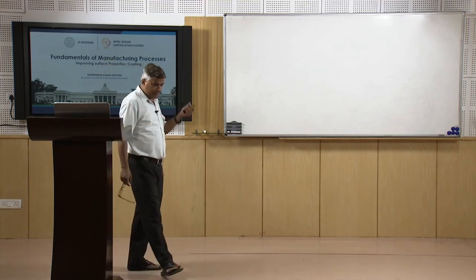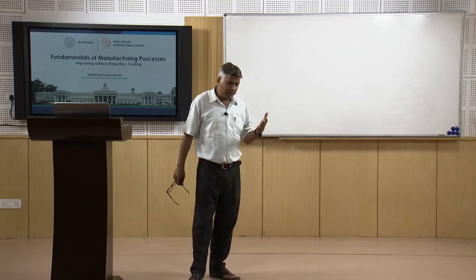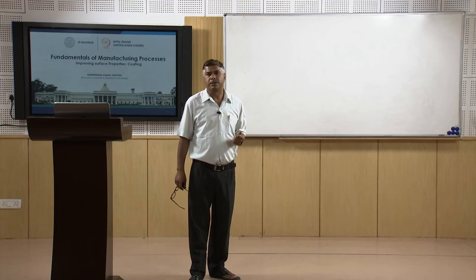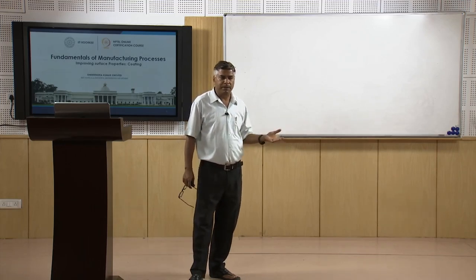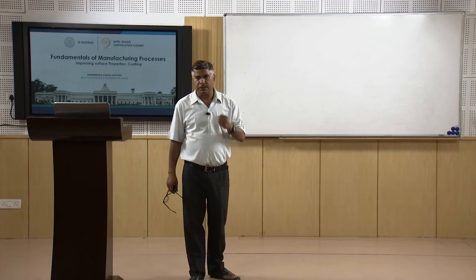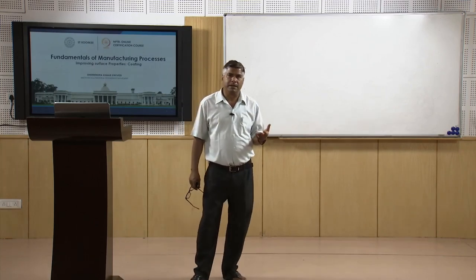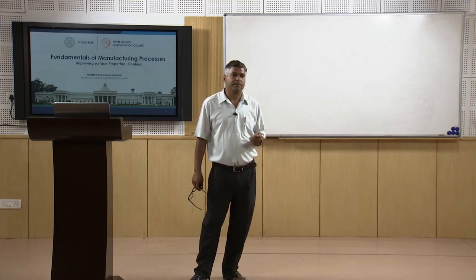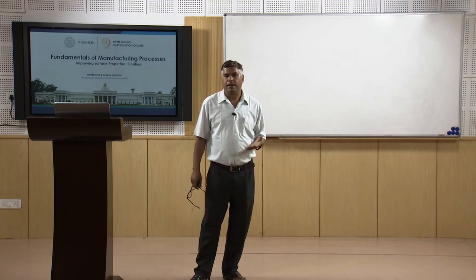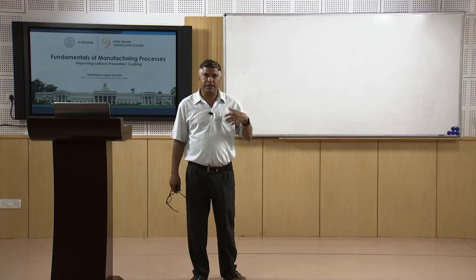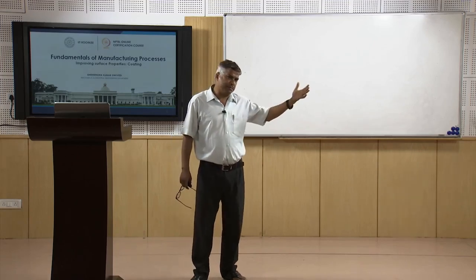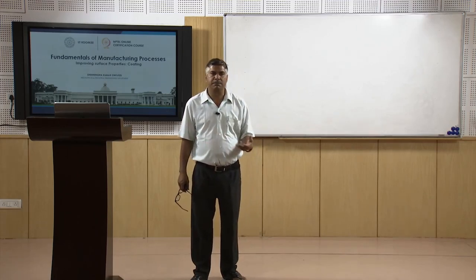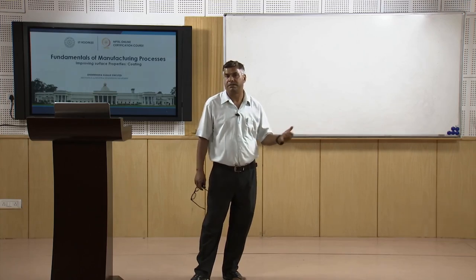Now, we will summarize this presentation. In this presentation, I have talked about the different methods wherein a layer is deposited over the surface of the substrate for improvement in properties. Basically, I have talked about three kinds of processes. One was hot dipping, galvanizing, wherein a zinc coating was deposited over the surface of steels, and another was the thermal spray processes, where the different processes offer different particle velocities and particle temperatures,